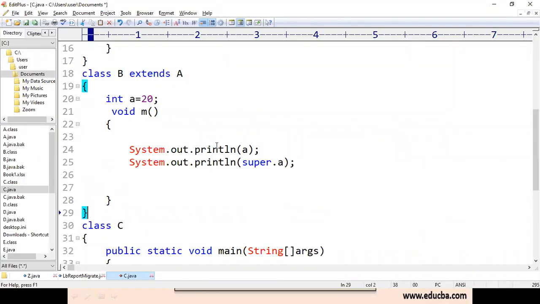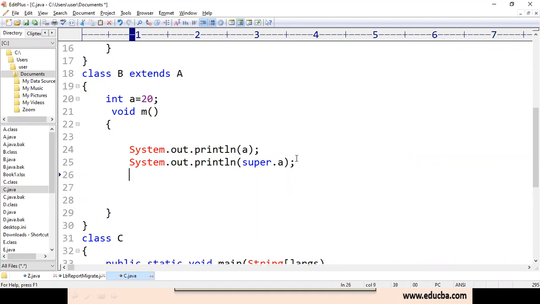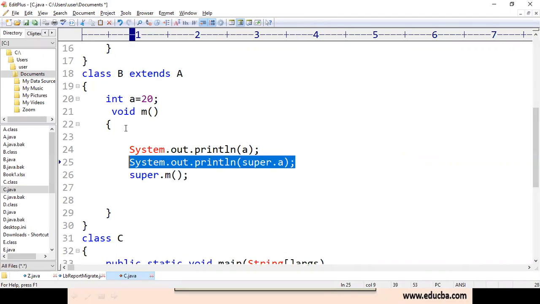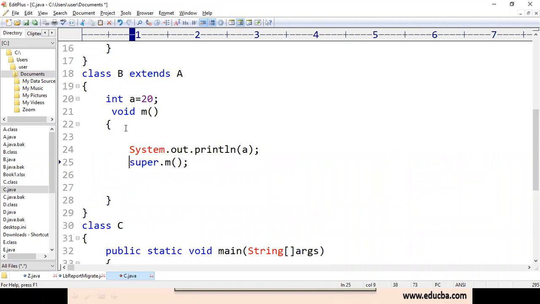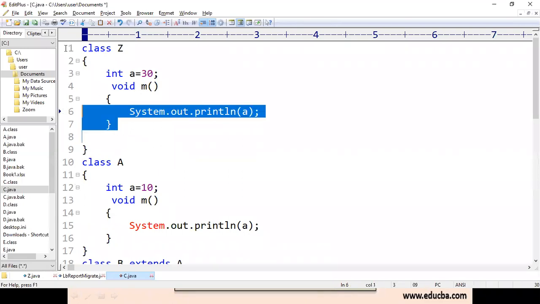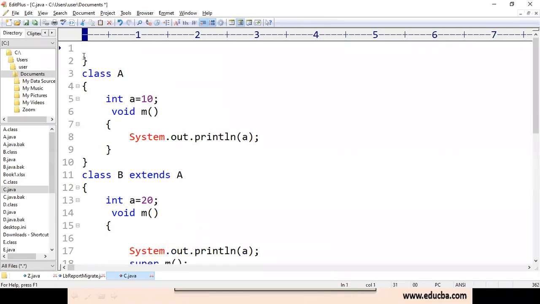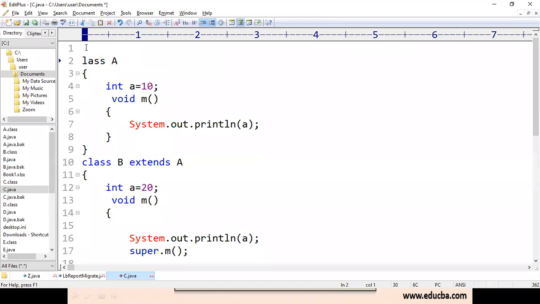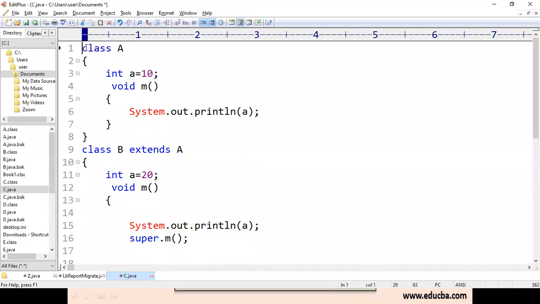See here, instead of this statement, if I call super.m, let us see what will happen. I'm removing this Z, don't get confused, I'm removing this one.